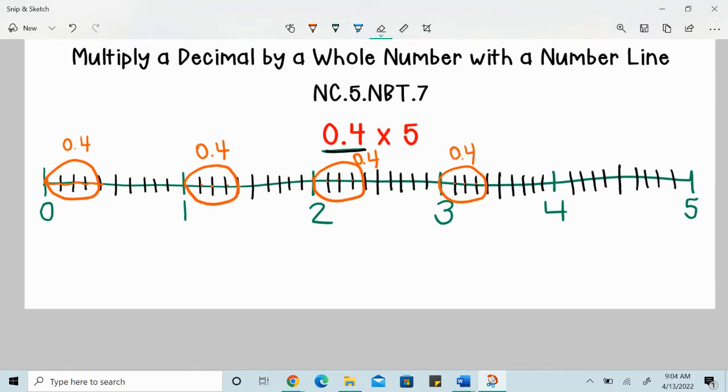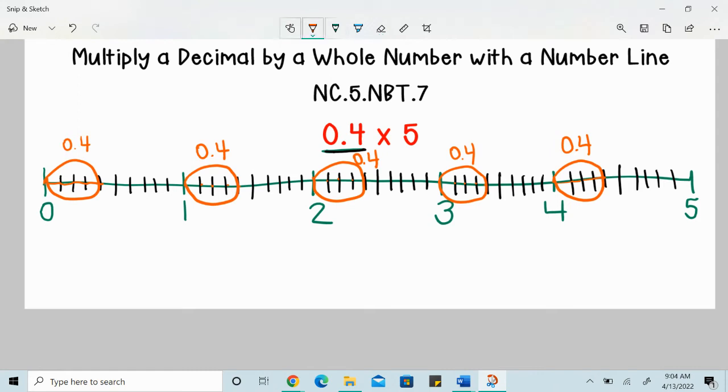And then now I need to find 4/10 of this last whole. Remember, I know each whole is split into 10 equal parts, so I can just count 4/10. 1, 2, 3, 4. And there's 4/10 of that whole. So I have found 4/10 of each of the 5 wholes, and now I just need to see how many